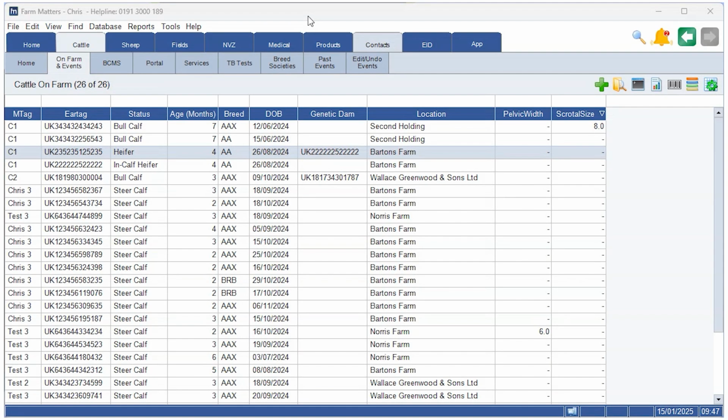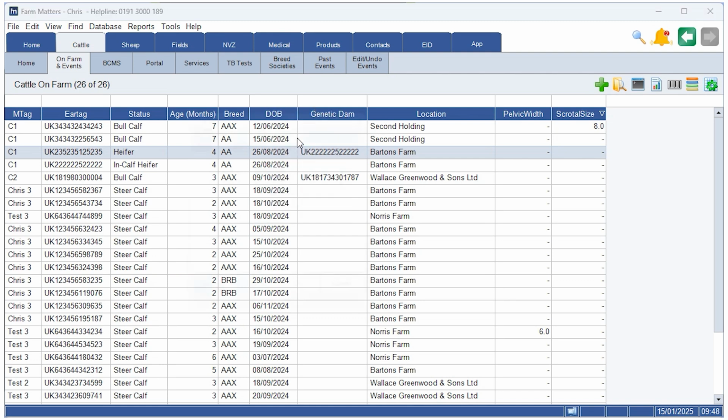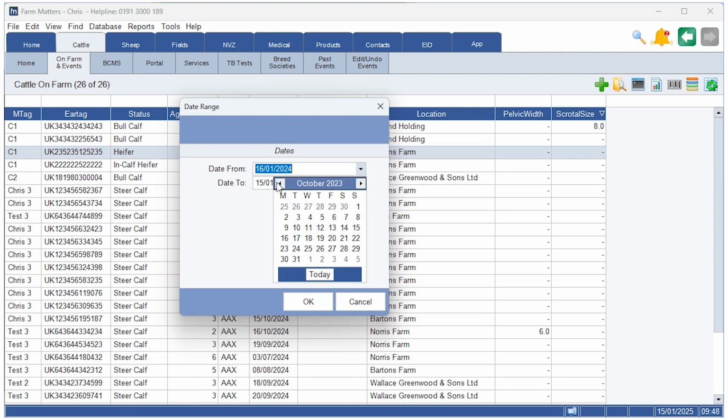You can also use this method if you're looking for animals within a certain range. For example, if you're looking for a range of animals between a certain date of birth. We would go to the empty box above date of birth, we would right click and click range. This then brings up the box for you to input the dates of the range that you would like the program to find. In this example, I will use the 1st of September